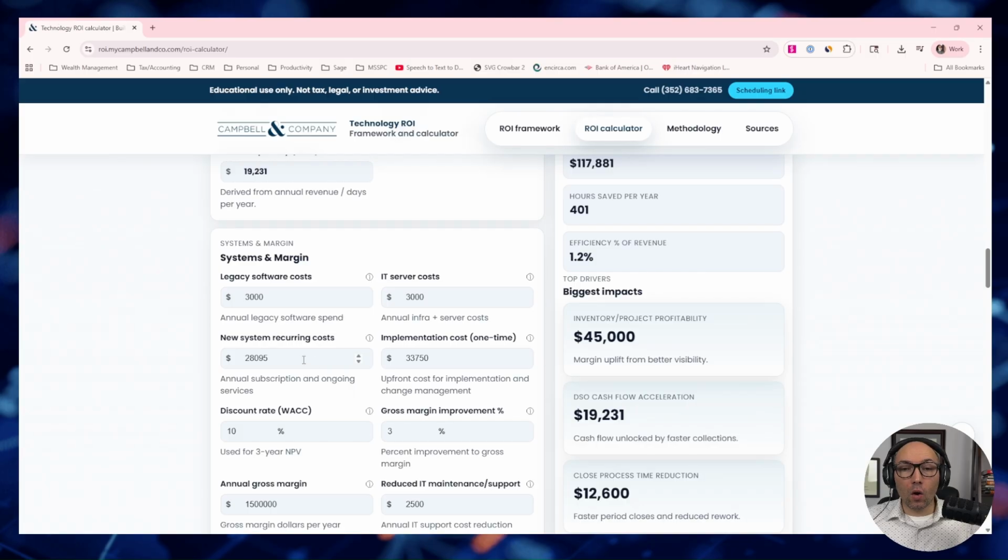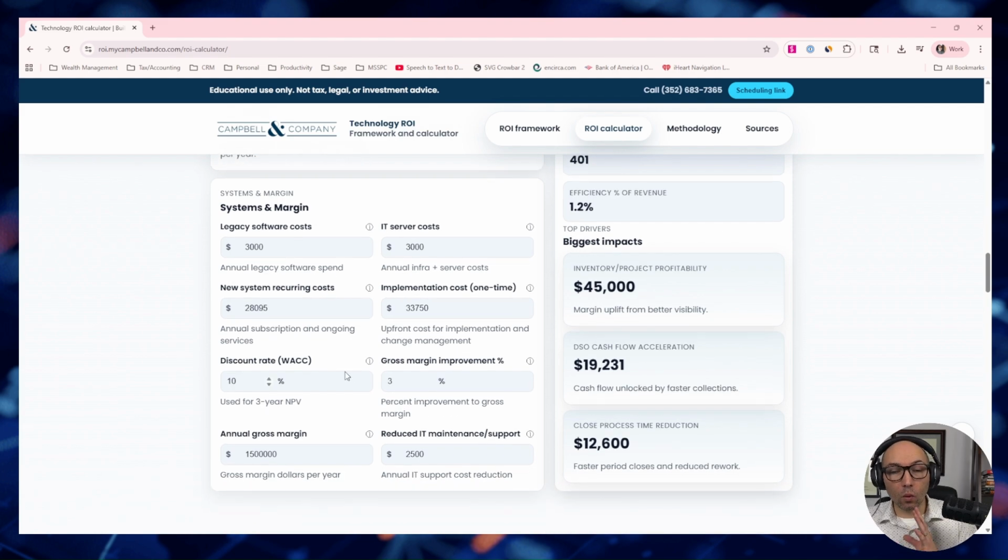In addition, well, what's the cost of your new system? In this case, we've got a $28,000 investment, a $33,000 one-time implementation cost. We believe, right now our discount rate, our weighted average cost of capital is 10%. If you were to take this $50,000 and put it somewhere else, what return is it going to get you there? 10%, in the market. Maybe you put 7.5% here if you throw it into a really good or a nice mutual fund or something. Whatever you might do, you want to put some assumption in here.